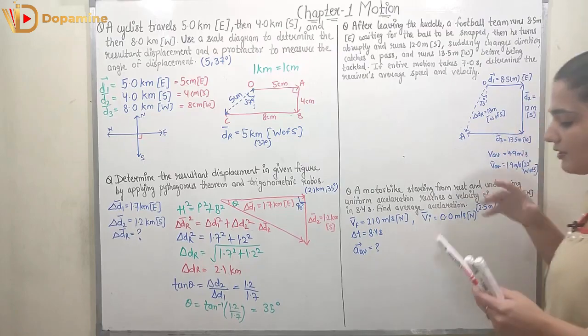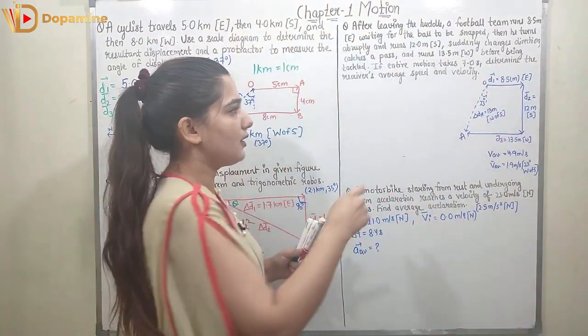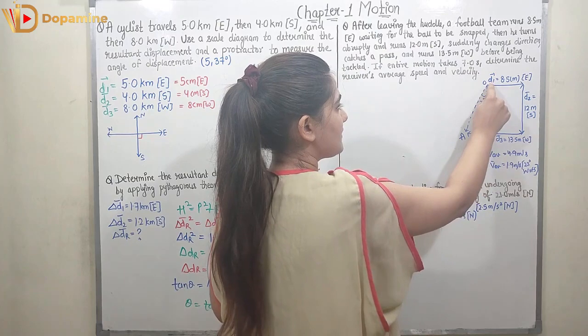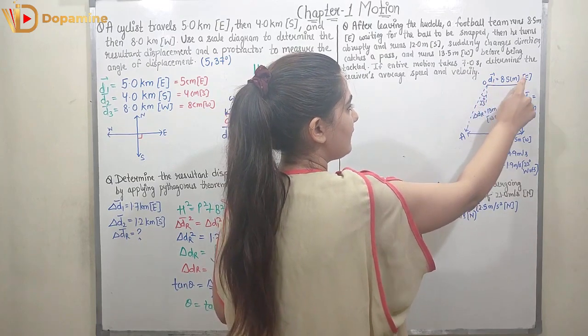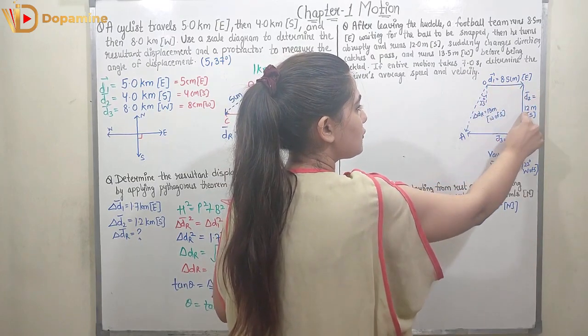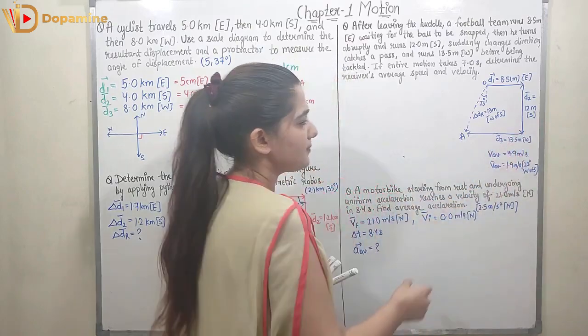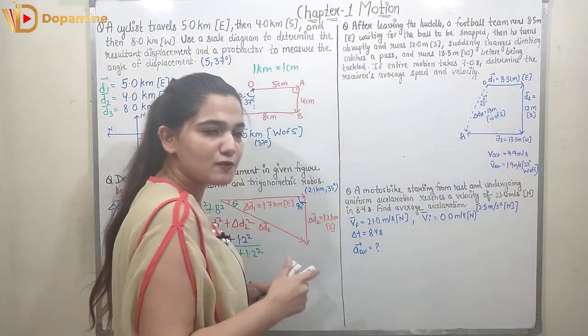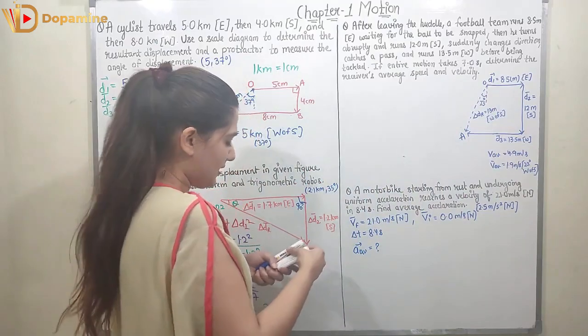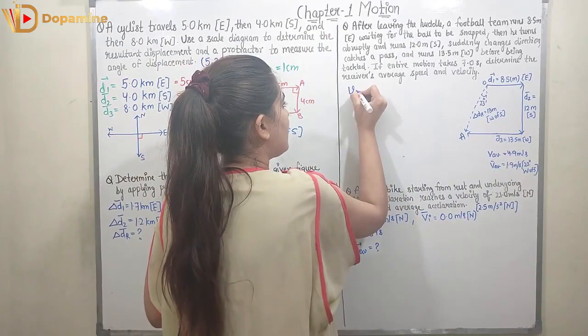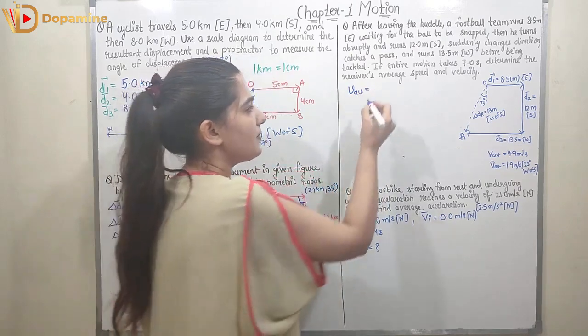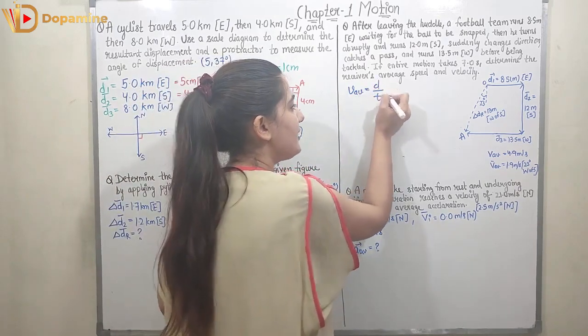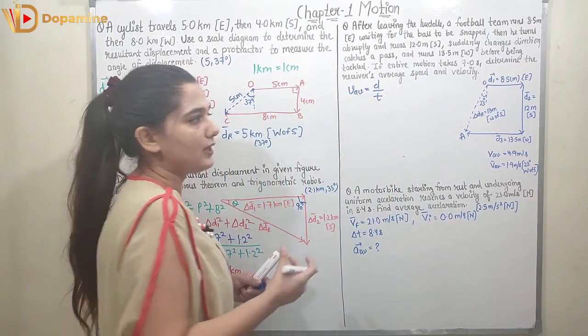So this is how the receiver has moved. The first displacement was d1, 8.5 meter east, the second displacement is 12 meters south, and the third displacement is 13.5 meter west. So this is how you can trace its movement, and now we have to find the V average. For finding the average speed, we will calculate the total distance traveled and divide it by the total time taken.